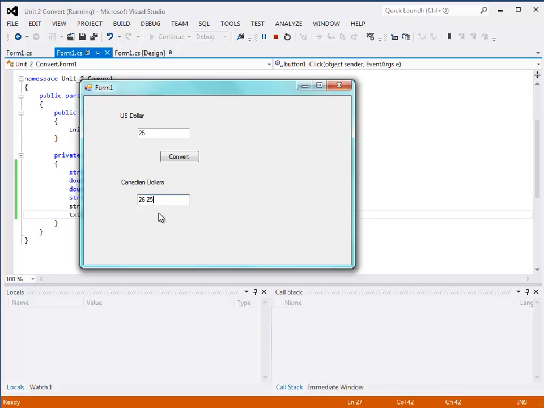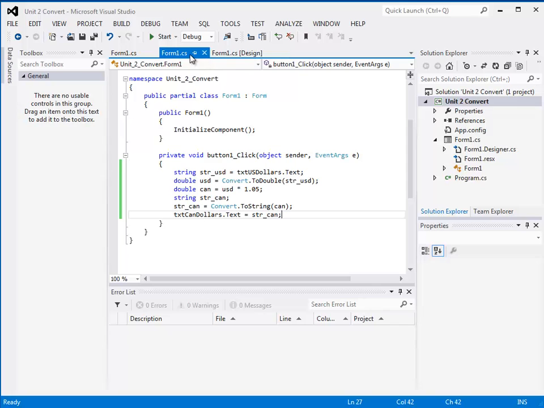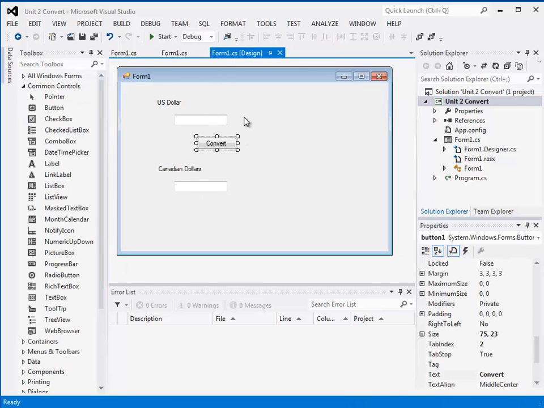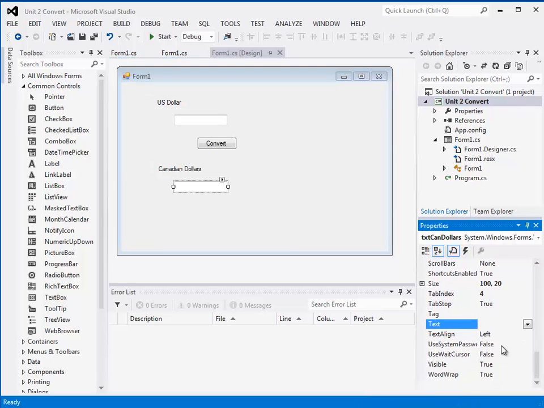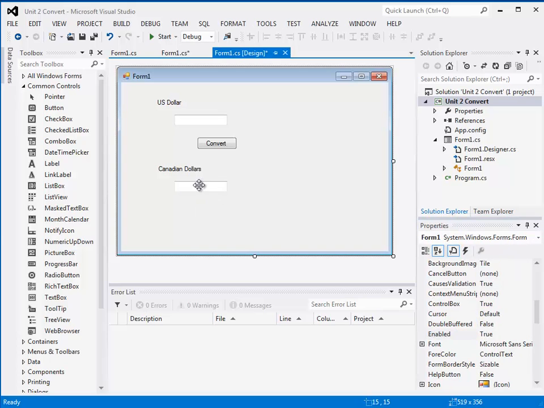Two things I want to change. I want to disable this so I can't edit it. I don't want to be able to type in text there. And then I want to look at some shorter ways. But let's first go back and switch, because now I have these two windows, the code and the design window open, and I can jump back and forth between these. So if I want to edit the form, I go into the design mode, click on the form, and set enabled to false